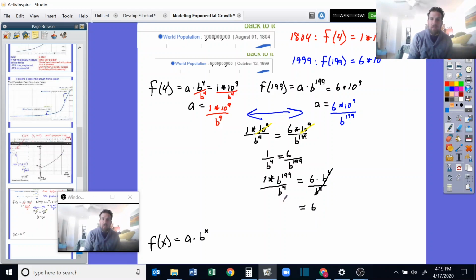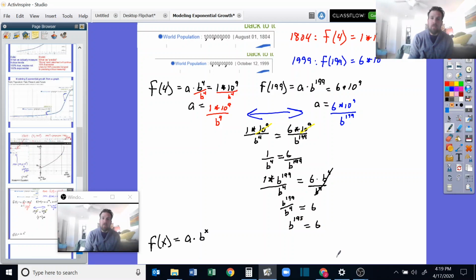What I've got here is b to the 199 over b to the fourth. Well, we know how to deal with this. We have these rules of exponents that say if I'm dividing with exponents, keep the base, subtract the exponents. So this whole fraction here is b to the 195